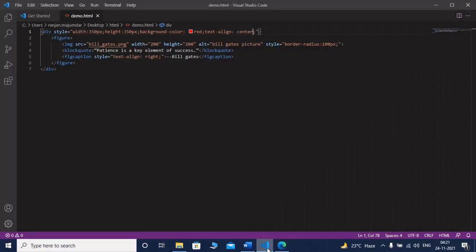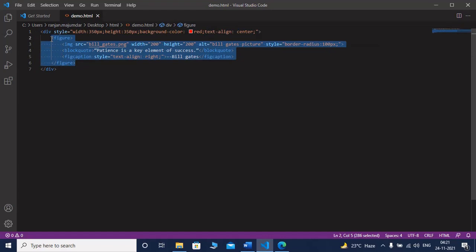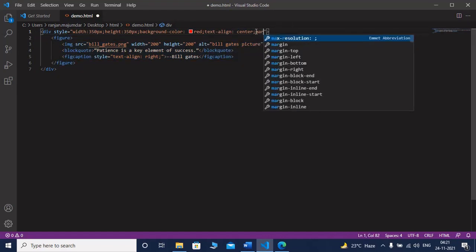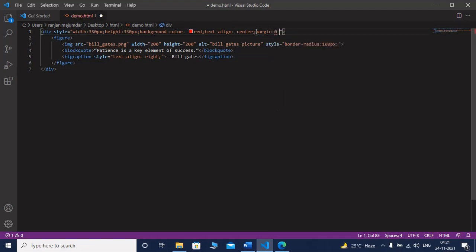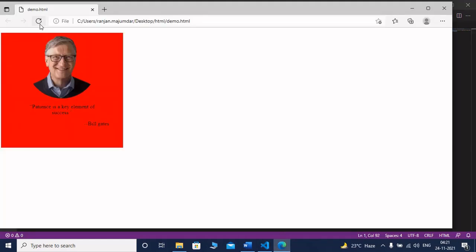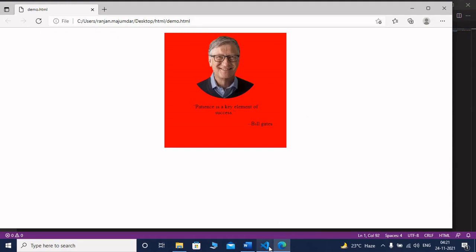No, sorry, it is not moving because the function of text align is to move the content to the center of the div. So in that case I have to use margin colon 0 auto. The function of margin colon 0 auto is to shift or move the entire div to the center of the document.